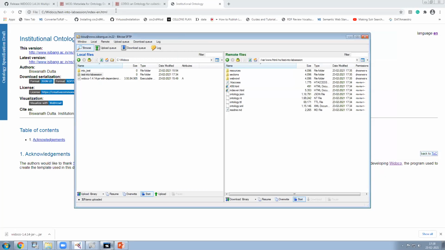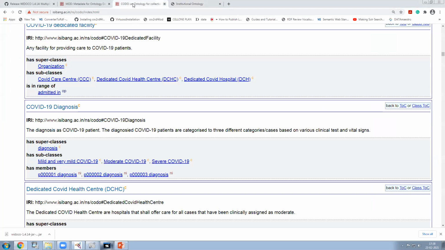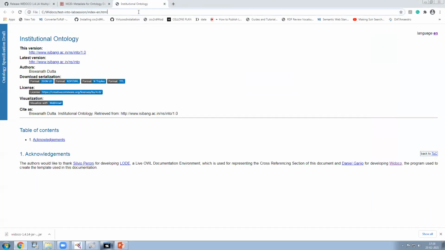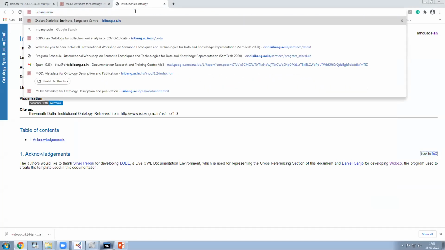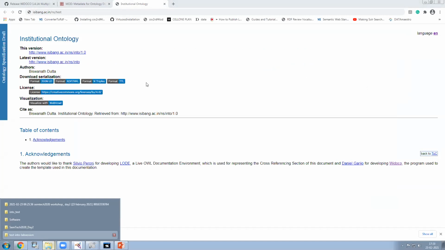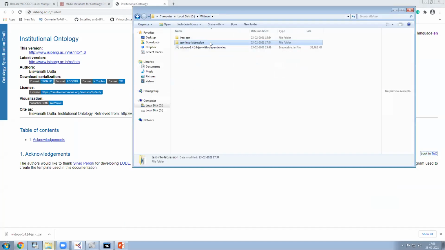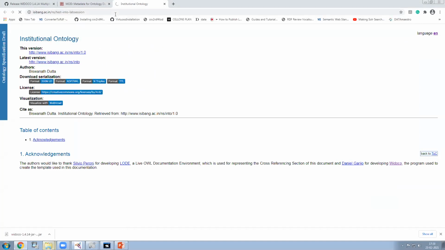And now what we do, we go to that page directly on our browser. Let me close this page, and let me say aishaibank.ac.in/ns/ and I think it was taste. What is the directory name? Let me copy paste the directory name. It's a very lengthy one, so I should have taken a very small, easy to type name.